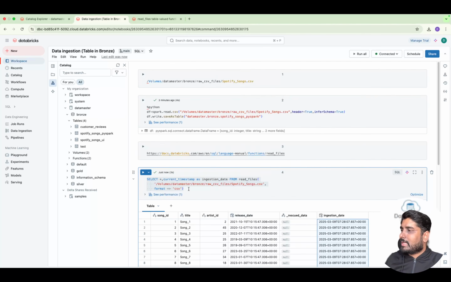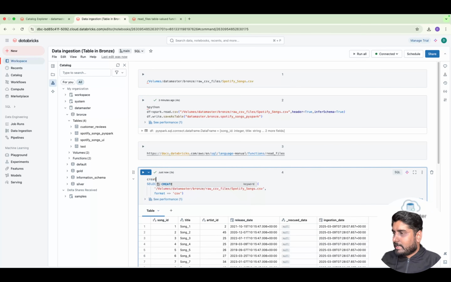So this looks good. Now I want to save it to a table. Once you get a SQL query, you can simply run a CTAS statement. CTAS is create table as select. By using this CTAS statement, we can save it to a table. That's it. So I'll simply start writing a create table. I would say table name as